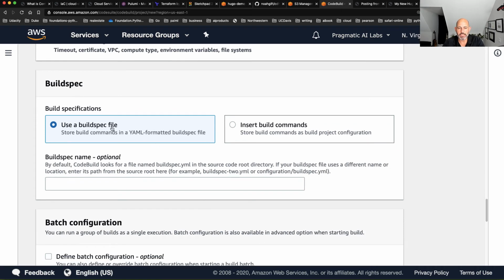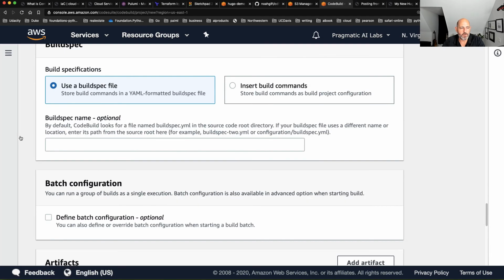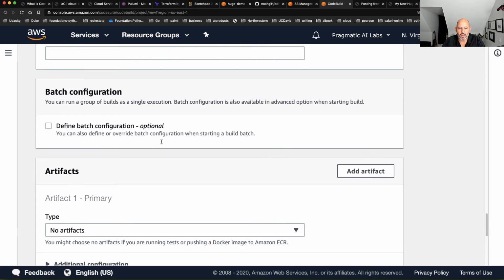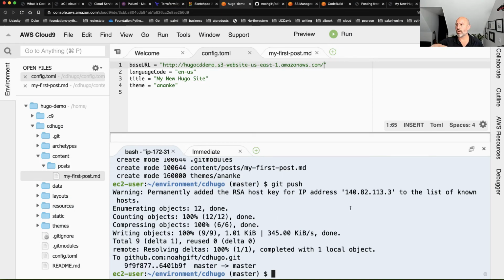And then from here, we can say, do we want to have infrastructure as code, right? This is the infrastructure as code. We'll go ahead and say, yes, we do. We want to do infrastructure as code here. So what I will do is say use buildspec.yaml file, and what I can actually do is, before I finish this, I'm going to go back to Hugo and just make that file so that it's ready to go immediately.